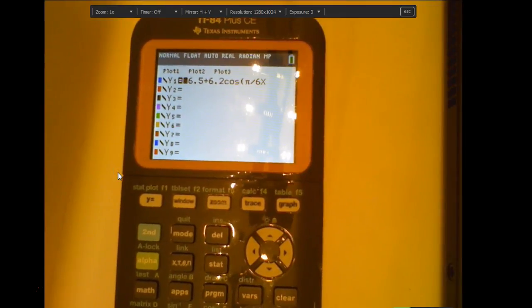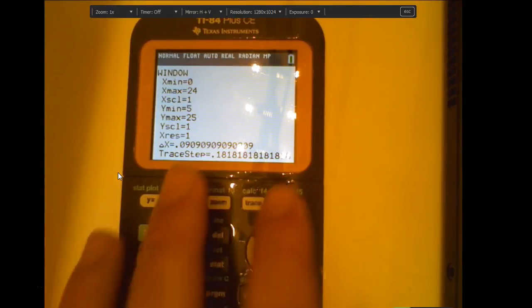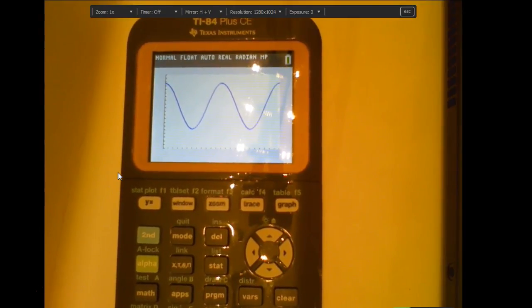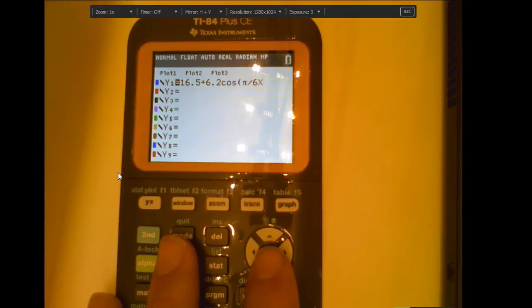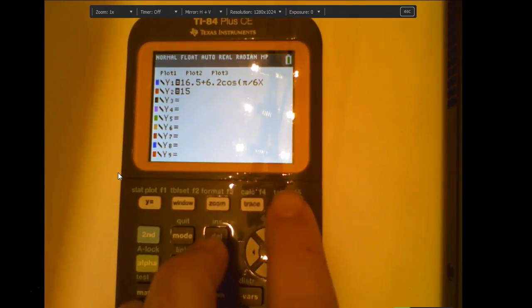But anyway, if you go to the graph, so I typed in the function. These are the window settings that I'm going to use. And now if I hit graph, this is the curve that we get for that 24-hour period. Now they said solve for the first time where the depth was 15. So if I go to y equals, my depth was a y value. So if I now graph y equals 15,